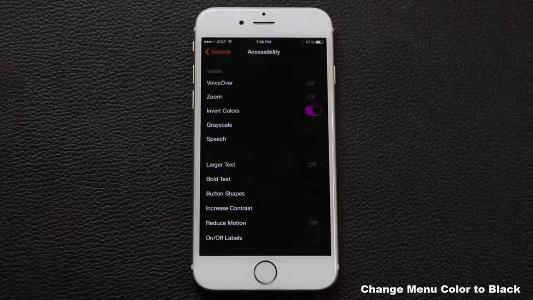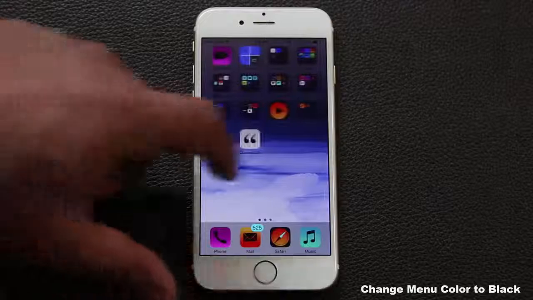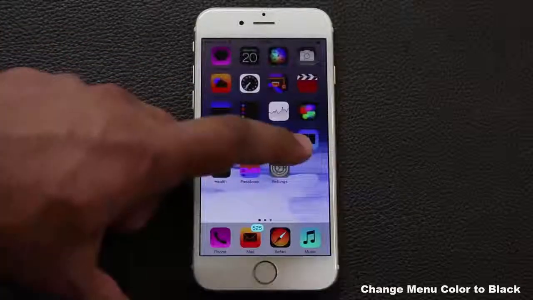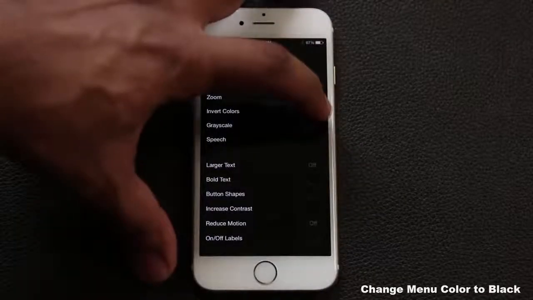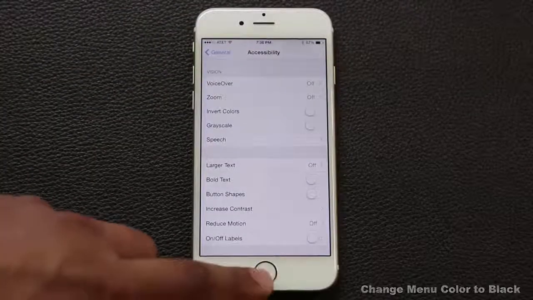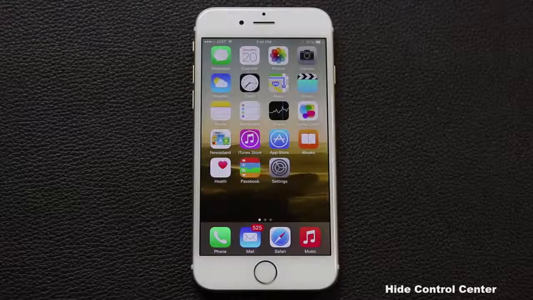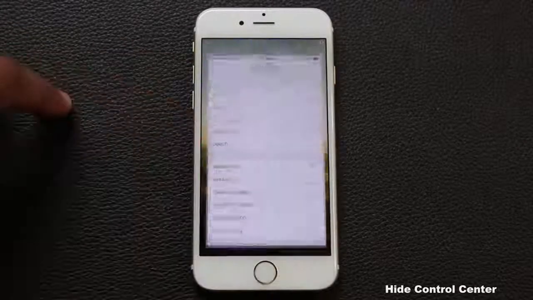So if you go back out, you will see this. So this is all negated colors. If you want to fix it, you go back to Settings, you turn off Invert Colors, and now you got the whiteness back. Alright, so another feature that I personally like using is if you go into Settings,